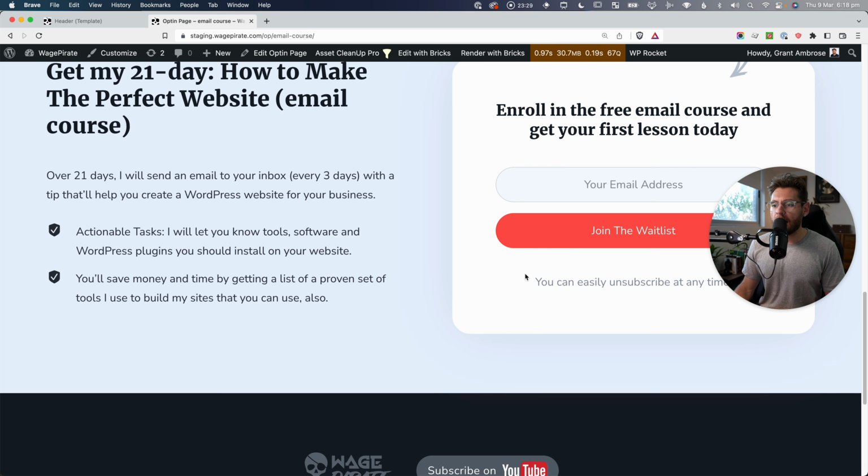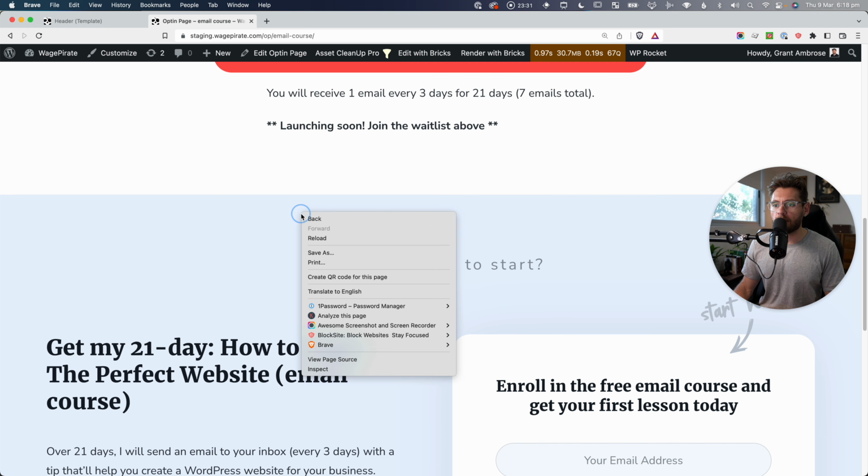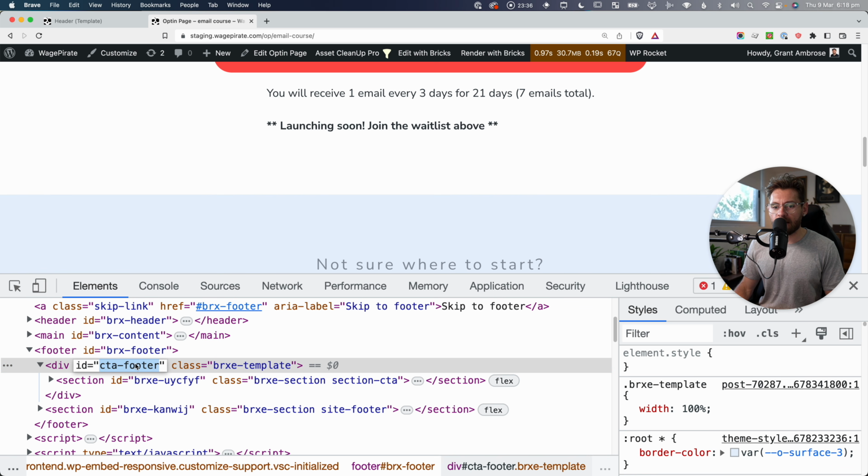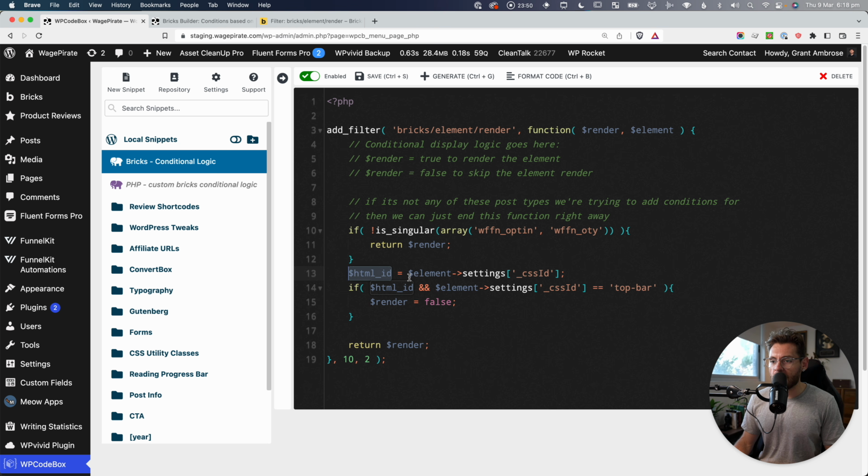And we can actually go down and hide this one as well. Remember, if I right click and inspect, we set this to be the ID CTA-footer. So back here, we can replace that with that. We get the ID of the current element and save it to this variable. If there is an ID and the ID equals top bar, now we just need to add that second